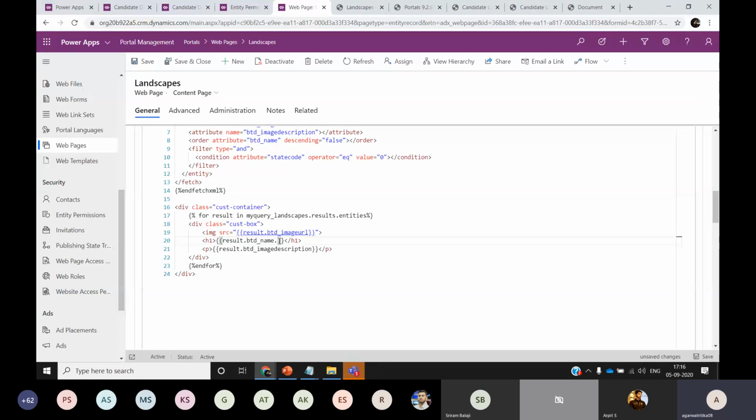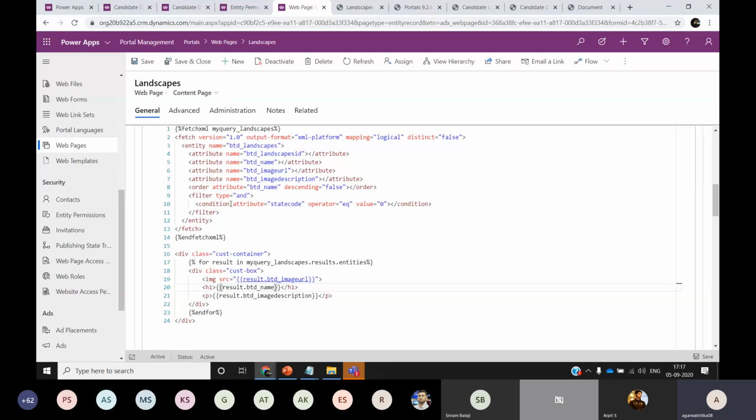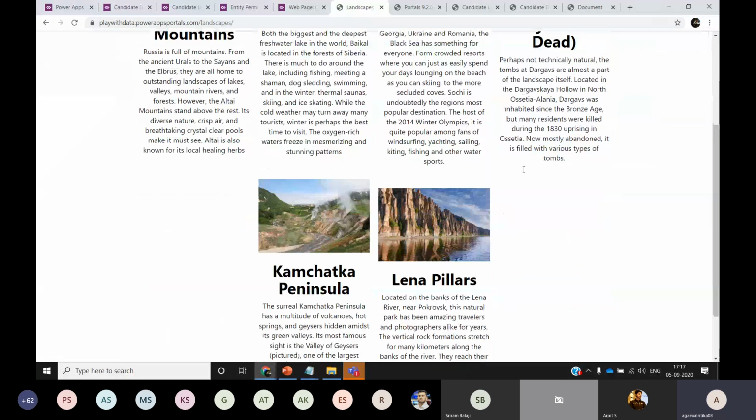For a lookup, it can be the lookup name, and for an option set field, you can use label to fetch the label of that specific option. So this is how you can add your custom designs here, add the entity permissions, and be able to display designs on all your pages.